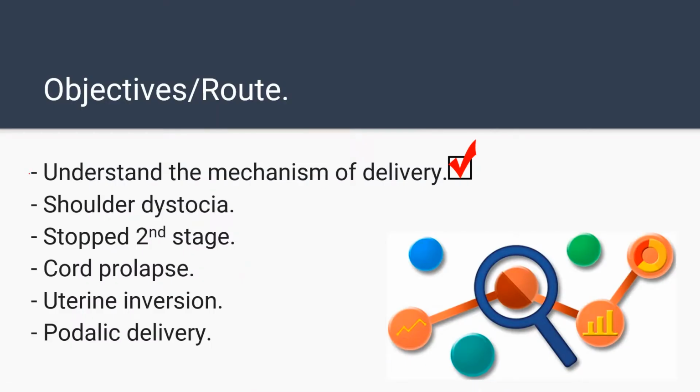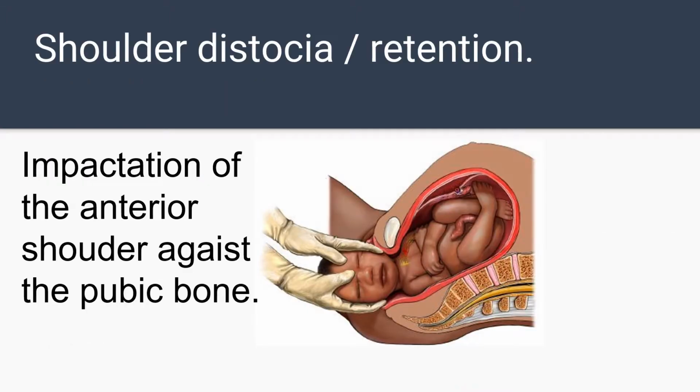So now, in our objective, we have seen how to understand the mechanism of the delivery, and we will see now what is a shoulder dystocia. That is the first emergency that we will see. A shoulder dystocia or shoulder retention is the impactation of the anterior shoulder against the pubic bone. Here we have the anterior shoulder of the baby. It's an impactation against the pubic bone. Here we have a problem of space, a conflict of space, and the fetus cannot go out because of the